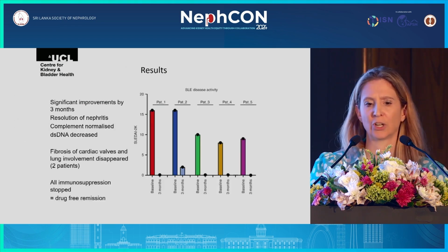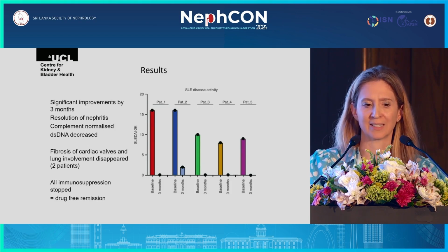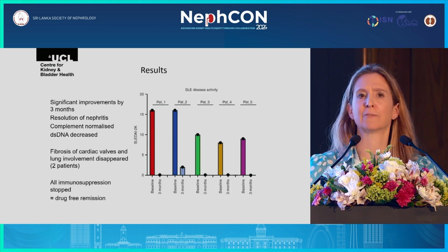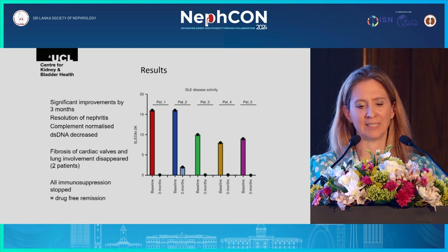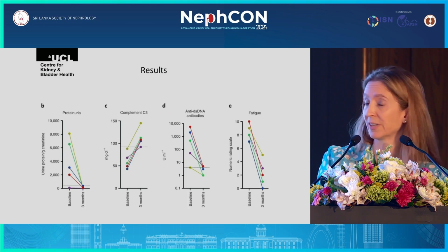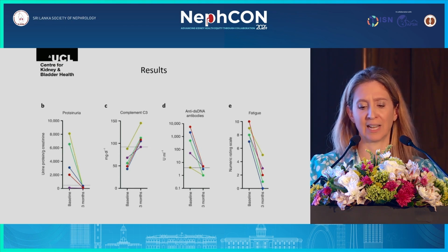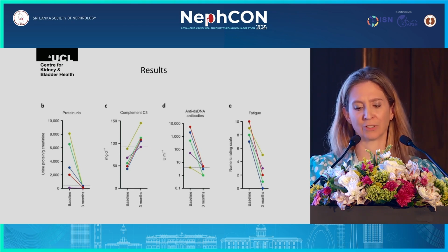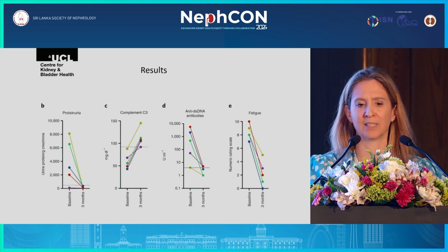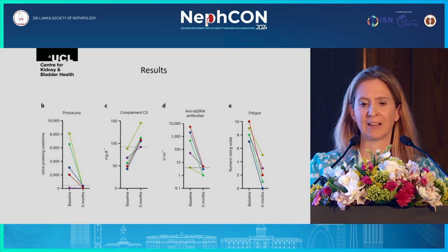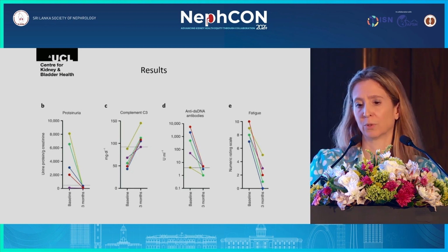And what this basically showed is that there were significant improvements in their SLEDAI scores, and things like fibrosis of the cardiac valves has completely disappeared and all immunosuppression was stopped. I think the most striking results are on this slide. We can see following CAR-T treatment, within 3 months, the proteinuria goes from very high significant levels, completely comes crashing down to non-existent levels. Complement normalizes, DNA normalizes, and fatigue, which is a very troublesome symptom, also seems to disappear